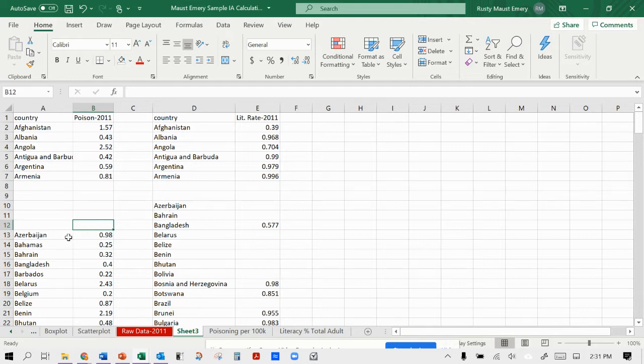Azerbaijan, I don't know if I said that right, but no, I don't have it for both. So I'm just going to delete it. I'm going to leave it in my raw data set. I would list out everything for both data values that I had and then explain why I deleted them. So for now, this is going to be my organized raw data that I'm going to be able to use